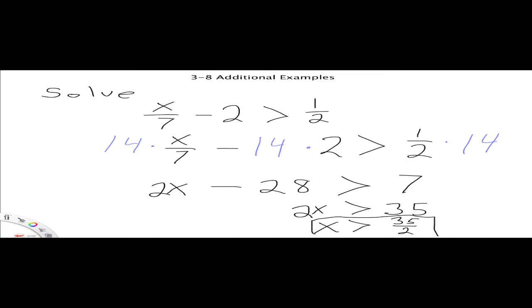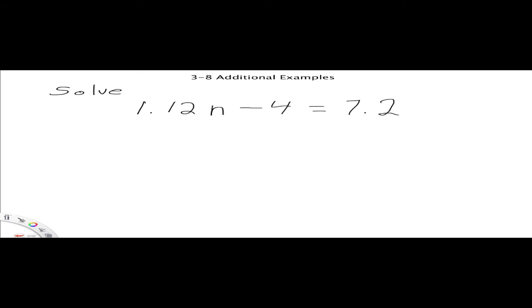Okay, one more and then wrap it up and let you get on with it. And this one is solving a decimal equation. Remember, all we're really looking to do is to move the decimal point. And so for this one, it's only one place. From 7.2, we'd like to move that over one decimal place. But for 1 and 12/100ths, we have to move it 2 decimal places. And so that's what's going to determine our multiplier, which to move it 2 decimal places means we need 100. So 100